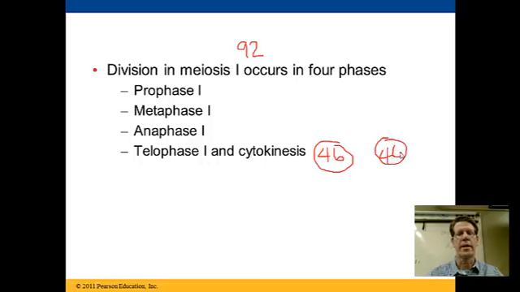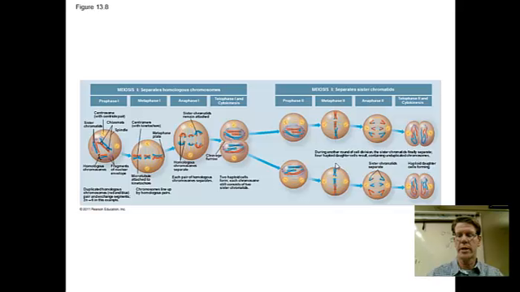But that's too many. If we're talking sperm and egg, that's too many. So now we need to skip interphase. We do not want to copy our DNA again because we need to get this number cut in half. So we will begin prophase 2, where we take our 46 chromosomes